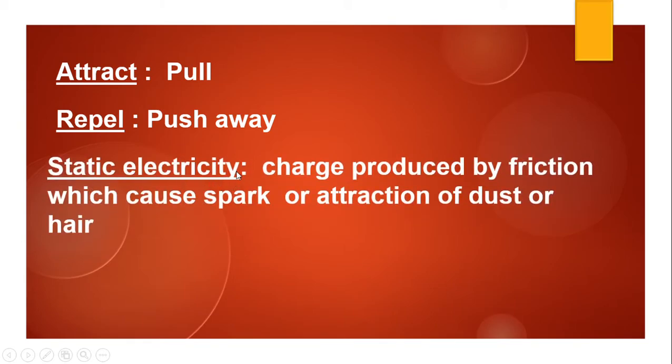Static electricity. What do you mean by static electricity? It is a charge that is produced by friction which causes a spark or attraction of dust or hair. So when we rub two things together, a charge will be produced, okay, which will cause a spark or it will cause an attraction. That charge is called static electricity. Okay,